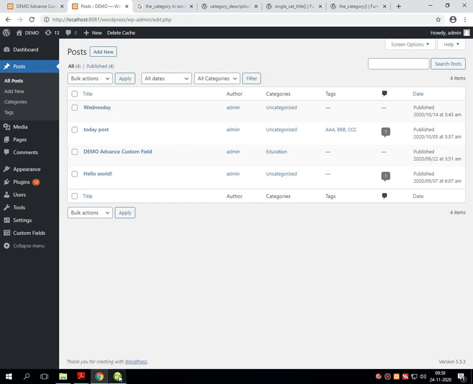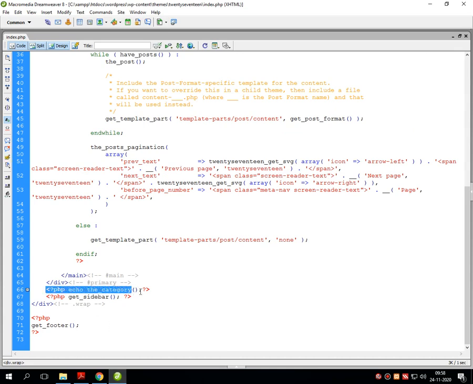Now we are using the functions one by one in our index.php file.